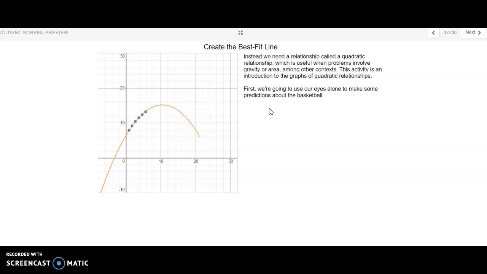Think about when you drop your phone out of your pocket. That's going to be a parabola, from where it started to where it ended up. In this activity, we're going to be introducing graphs of quadratic relationships. First, we're going to only use our eyes alone to make some predictions about a man playing a basketball game. So if we click the next button,